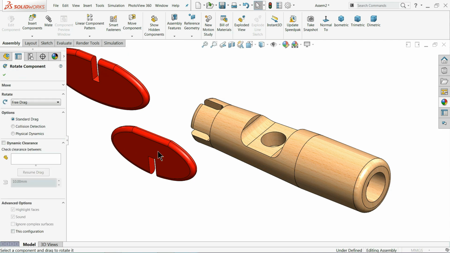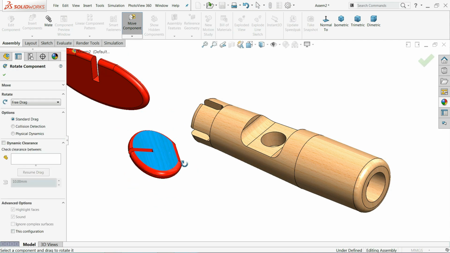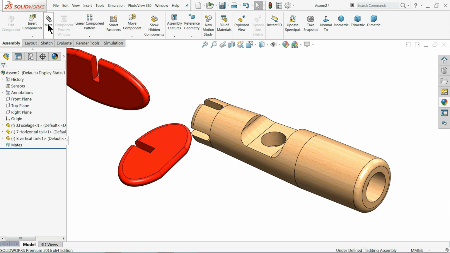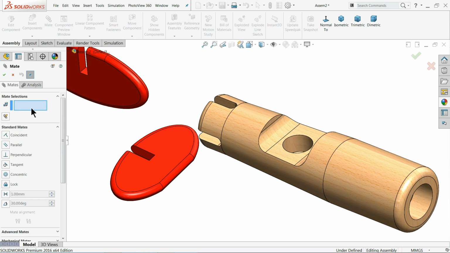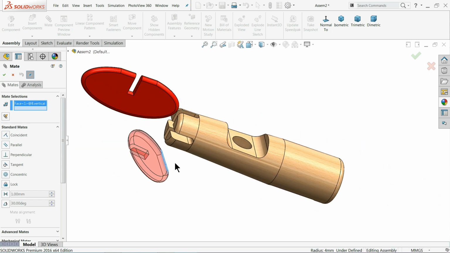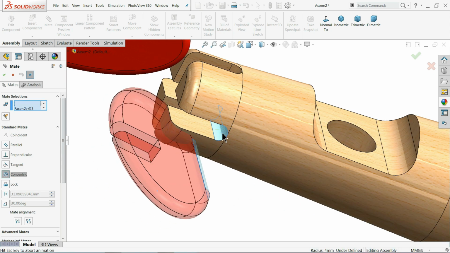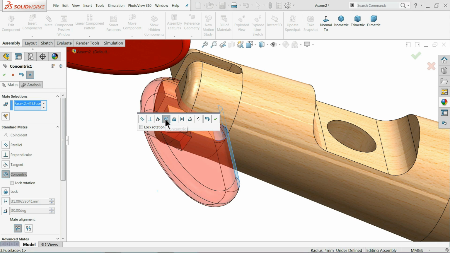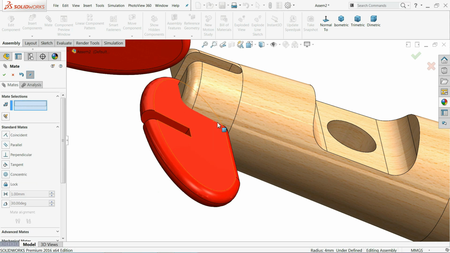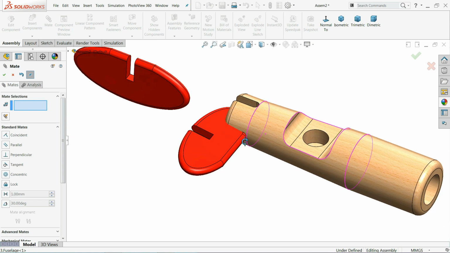Move component, rotate component, we will fix like this. Okay, mate. Now let me choose this circle and this face. Now see, it's a concentric relation. Okay, that's fine.